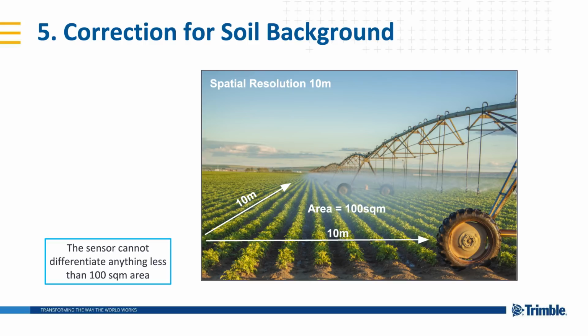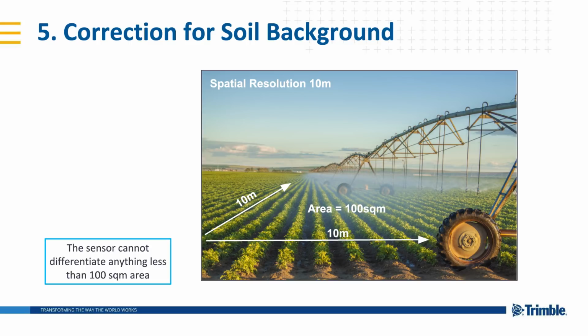Think about the distance between the rows in this crop field. How many will be averaged together to give a total of 10 meters, with maybe 5 rows, 10 rows, even more? So satellite will not be able to put those crop rows and soil between rows apart. All the sunlight reflecting the 100 square meter area, which includes crop, wet soil, and dry soil, are going to be recorded in one single value. If you do not perform soil correction, the vegetation index value is not going to be precise and might